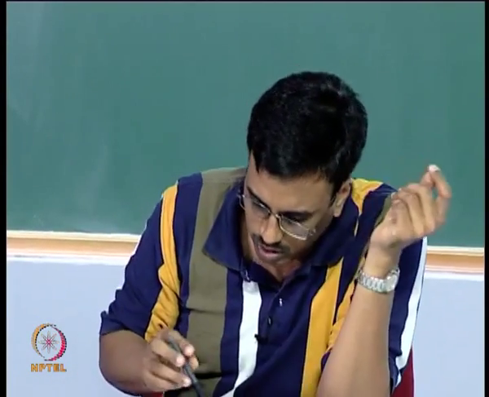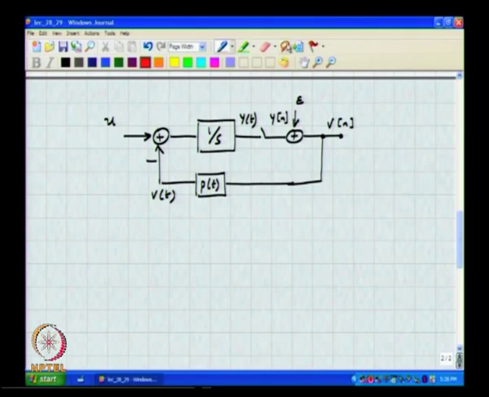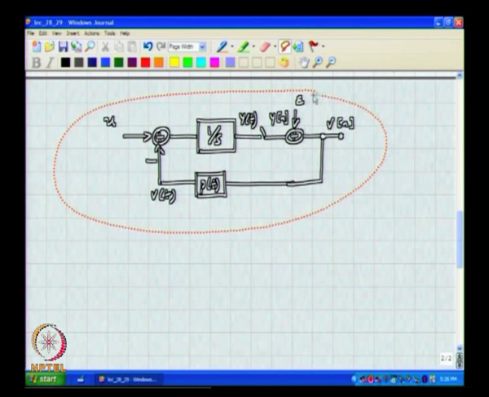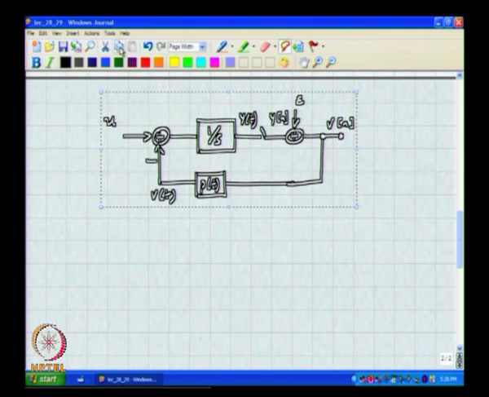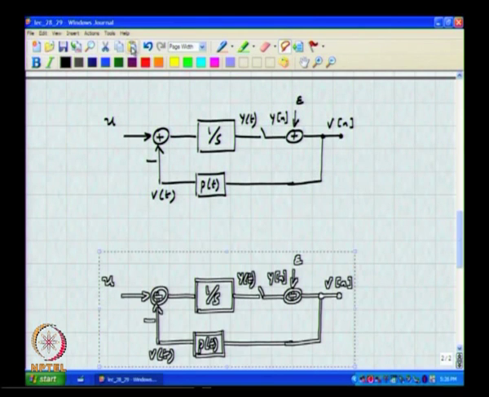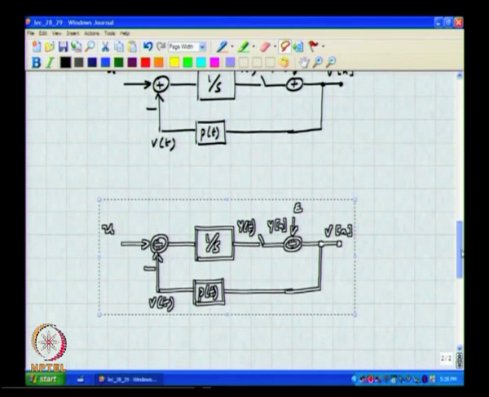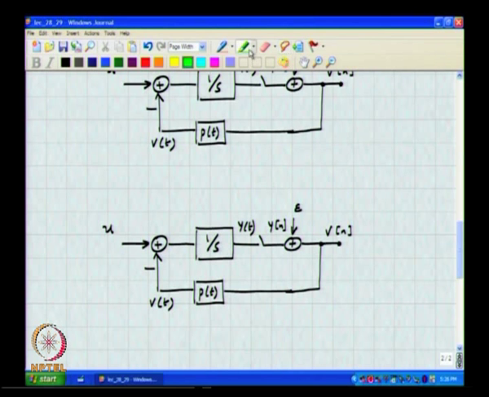Okay. To see what the loop does, let me manipulate the loop a little bit. For starters, what I am going to do is to move this 1 by s through the summer. So, what I will get will be